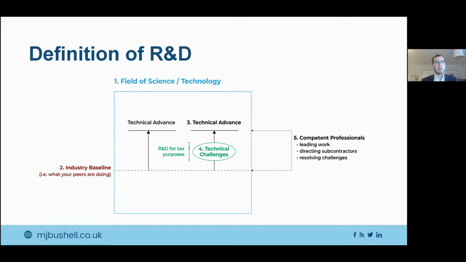In addition to that, they're looking for some sort of technical challenge that you're going to be facing in order to achieve that advance. And lastly, they're looking for you to have at least one competent professional who is leading the R&D project and making decisions around the methods, the tests that you're carrying out, the activities you're carrying out in order to try and achieve the advance that you're seeking. So we're going to look at a few of these criteria in a little bit more detail. The first one being,